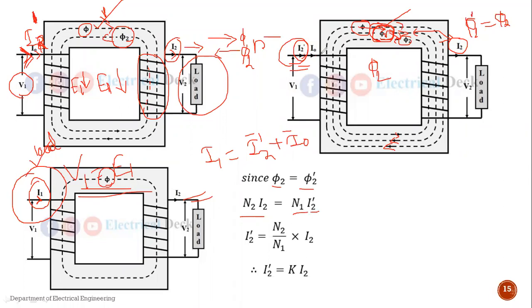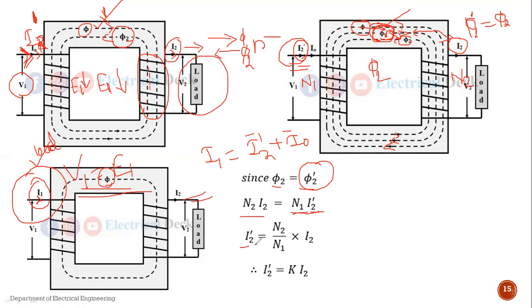Phi2 dash कुठून फ्लो होतोय? प्रायमरी वाइंडिंग मधून. So primary winding मधून फ्लो होतोय. So the primary winding number of turns is nothing but N1. Secondary winding number of turns is nothing but N2. So at that situation, the MMF set up due to phi2 dash is nothing but N1 into I2 dash. N1 into I2 dash. So according to this, we will calculate the value of I2 dash. I2 dash किती करंट घेते ते प्रायमरी कडून त्याची व्हॅल्यू जर कॅल्क्युलेट करायची असेल, so N1 can be shifted to this side.